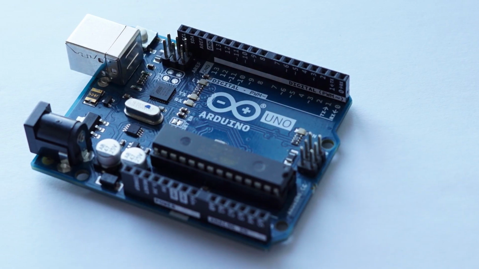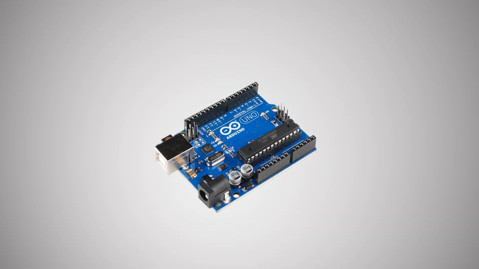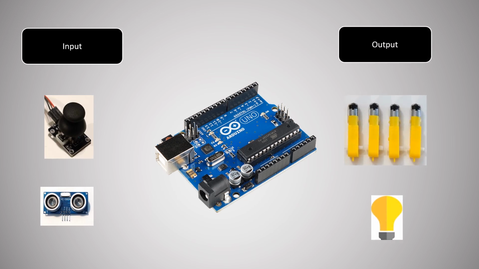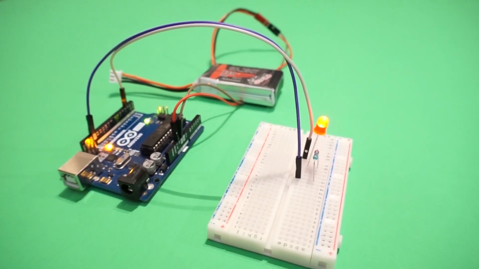In this video, we are going to learn what Arduino is and how to use it to develop interesting electronics projects. Using Arduino, we can read inputs from sensors and buttons and turn them into an output like switching on an LED, activating a motor, etc. We will also see how to blink an LED every 1 second as an example.